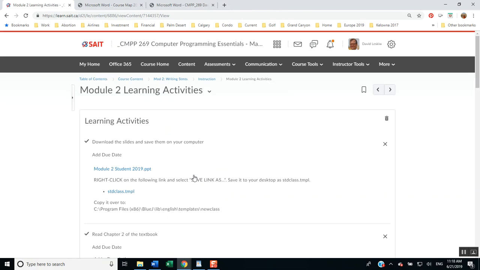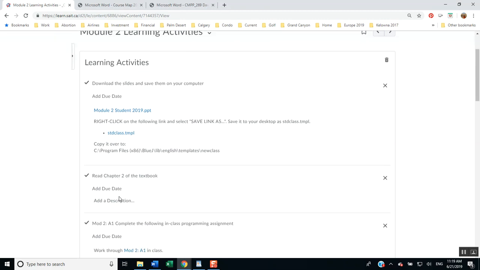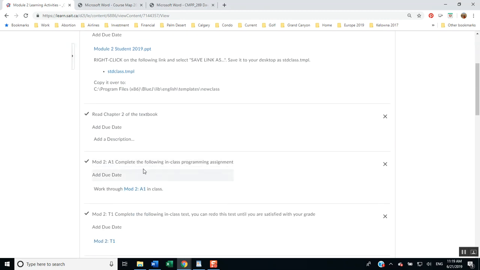And here are the learning activities. So I use these things called checklists a lot in my courses. They're super helpful because they help students realize what they need to do for this module. Here are the activities. As they do them, they check them off. They're shown as checked off here, but the students check them off and it helps them keep track. So you notice that as we're going through the activity list, sometimes it'll link to an in-class programming assignment.